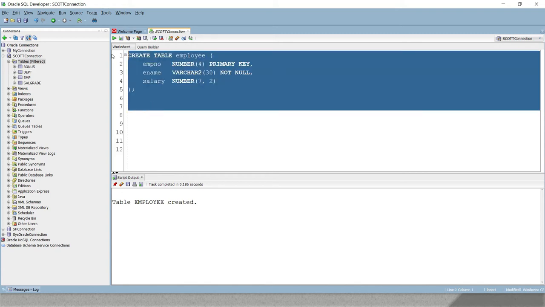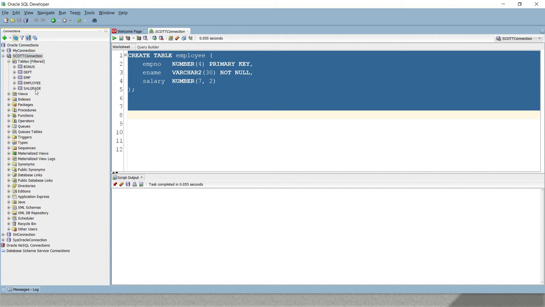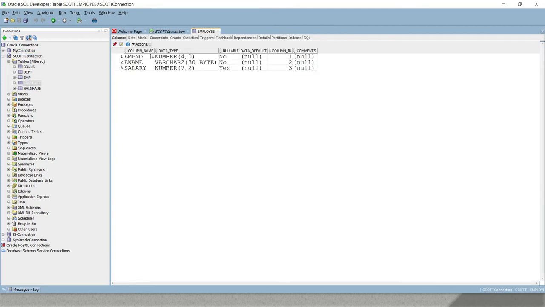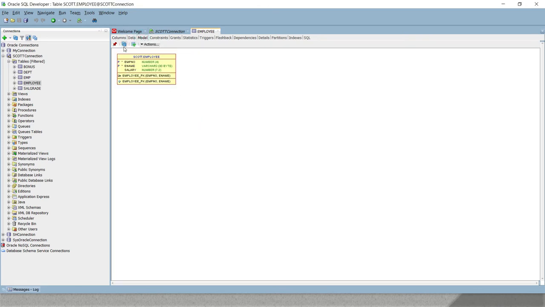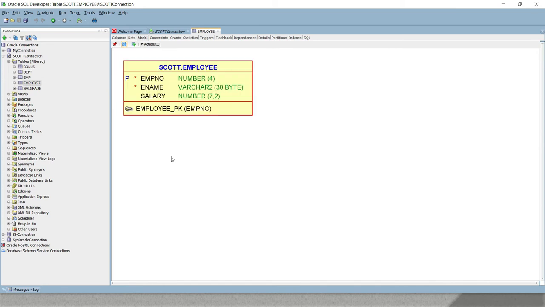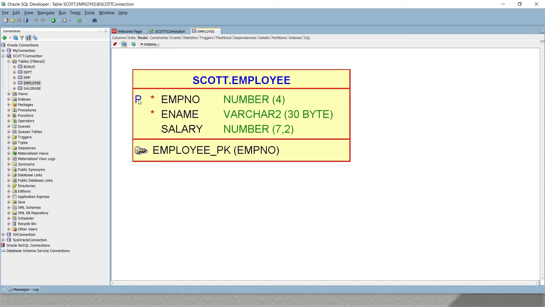If I run this query, not application, then if I refresh my connection, go to the employee table, and here go to the model, let me refresh, then here you can see employee number is declared as a primary key, and at the bottom itself you can see this key represents always primary key.